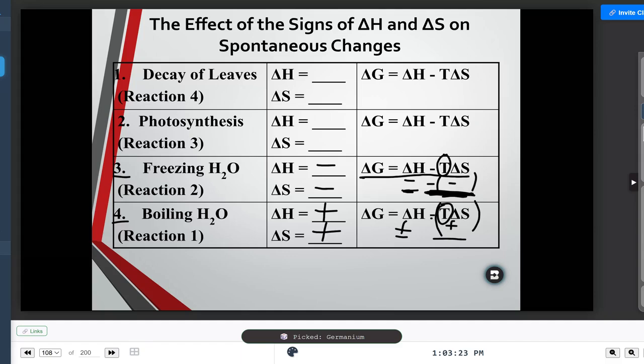Then if we look at decay of leaves, okay, this is one of my favorites. How many of you guys have gone and you jumped into an old pile of leaves, or you had to put them in a trash bag or something, and you reached your hand inside that pile of leaves and felt something? What did you feel? Well, I really just felt the leaves and they were all crunchy. And okay. It sucked. Okay. Crunchy leaves. I'm looking for something else in this case, something. It's wet. And when they get wet, what else do you feel besides the wetness?